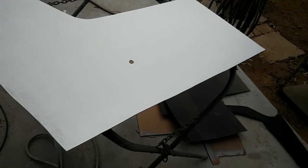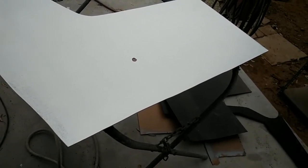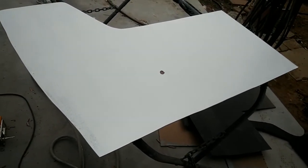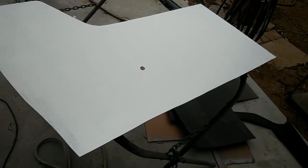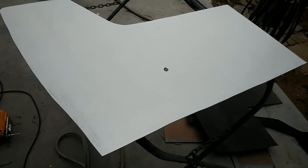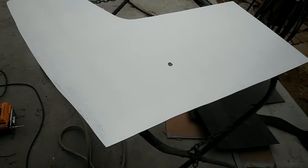But man, I did one like that. Oh my God, I'll never do it again. It takes too long to do one door panel. It takes a whole day or two days to do all your door panels if you're doing the whole back. So anyway, this works really well. It's a cheap way to do your door panels. This is like $8 for a sheet of this stuff,